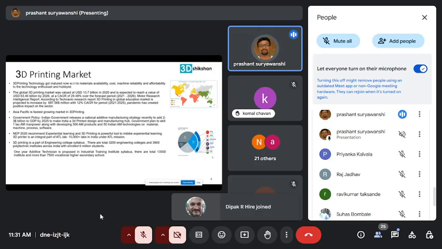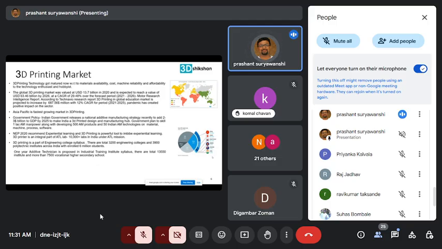Though this technology was invented in 1986, I think in the last 10 years the technology has become more mature. I would say it is now within the common man's reach, because earlier there were industrial grade printers which are very costly, in crores. But at least from the students' and faculty's perspective, they can start with FDM and SLA technology, which is the resin technology. The working remains the same, only the machines and some specifications and materials are different, but at least the base remains the same.